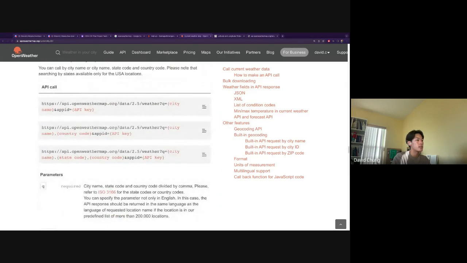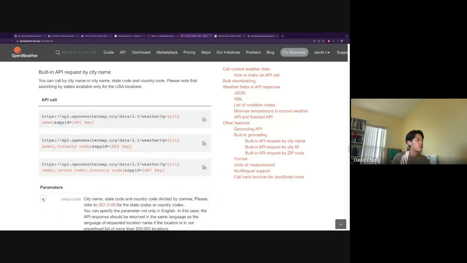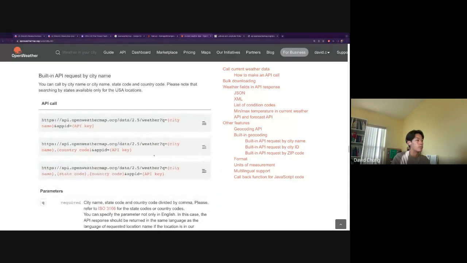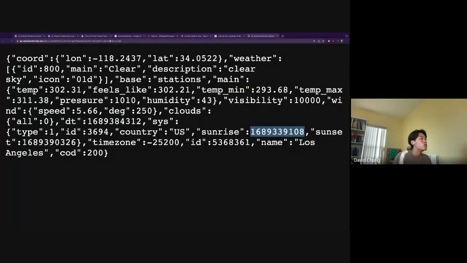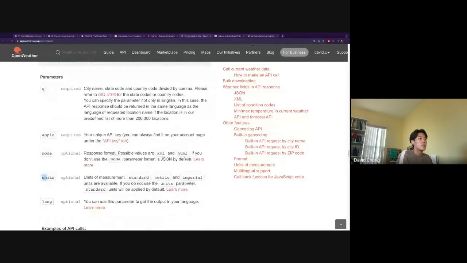This might be a little confusing, but you separate each one with the and, I believe. So here I can add and units, was it unit or units? Units